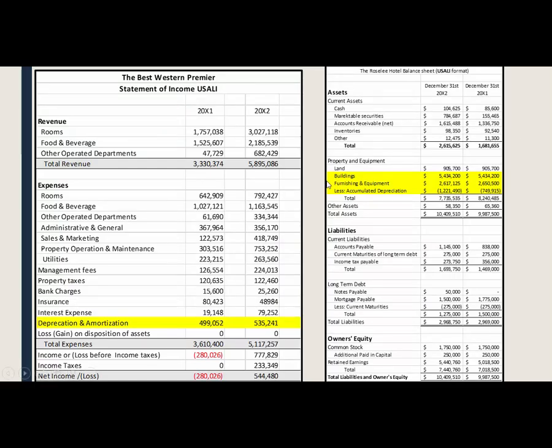As a visual, this is how it would show up on your income statement, on your balance sheet. These would be two ways that it might. So you'll see depreciation. That is a spelling mistake, my apologies. But it would show up under your expenses here. Amortization would be for your mortgage, but it would most likely be grouped together on the statement of income. So it shows up as an expense.